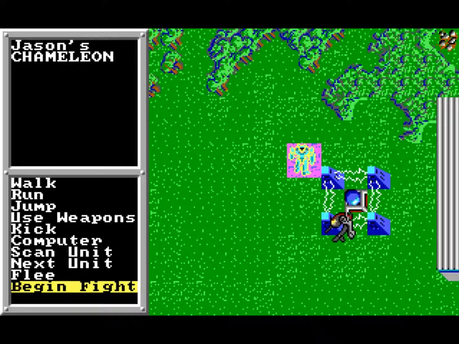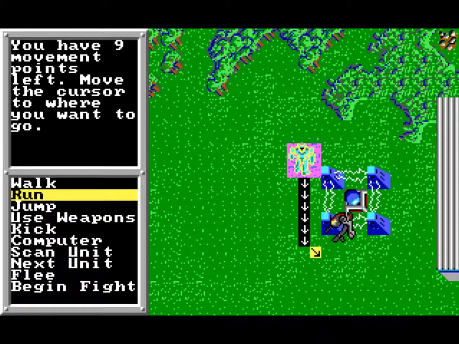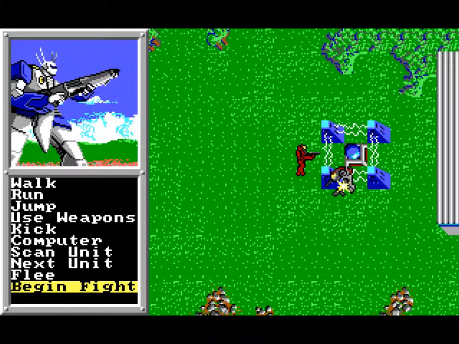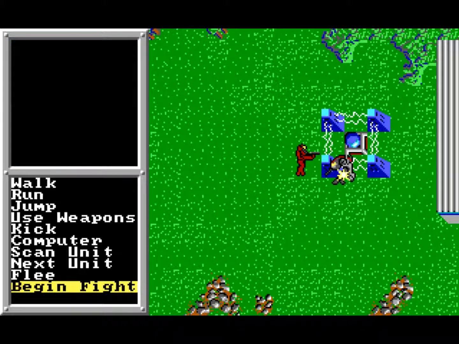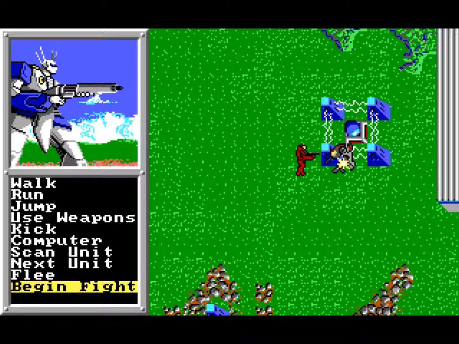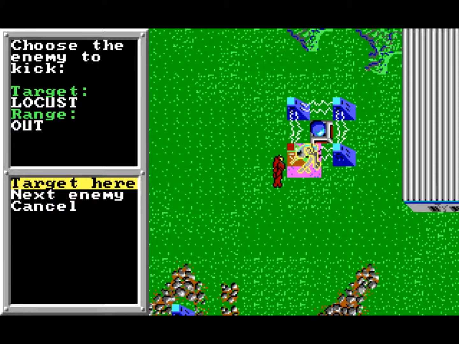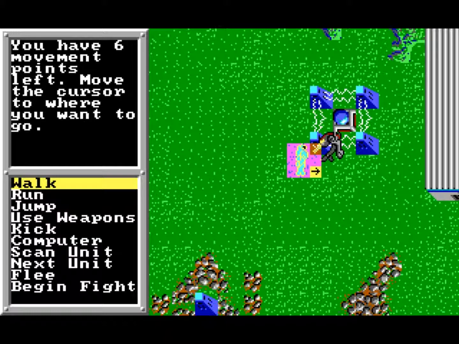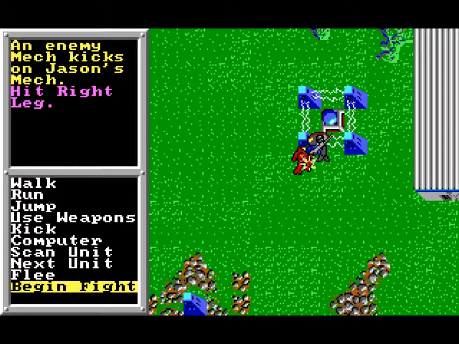Apparently that blocks our... Well, that's annoying. There we go. Now I can see him. Woohoo! Let's blow him away. He kicked me. He kicked me. Out of range. You know what? Begin fight. Apparently he's...